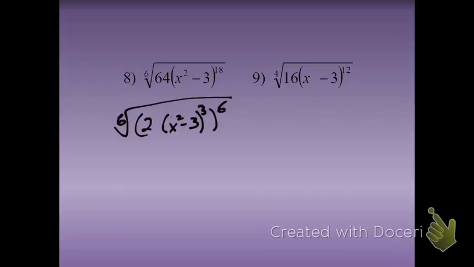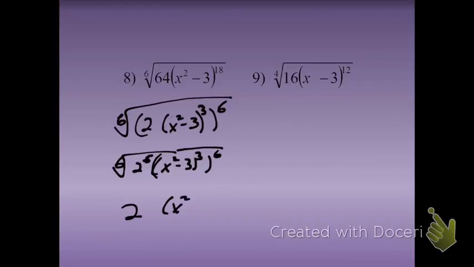The other way you could write it, just very quickly, you could do the 6th root of 2 to the 6th, x squared minus 3 to the 3rd to the 6th as well. It doesn't really matter either way, it kind of gets clustered together either way. So whichever way makes the most sense to you. It's kind of just a confusing example to start with, so make sure you understand what you're trying to get accomplished. So you have 2